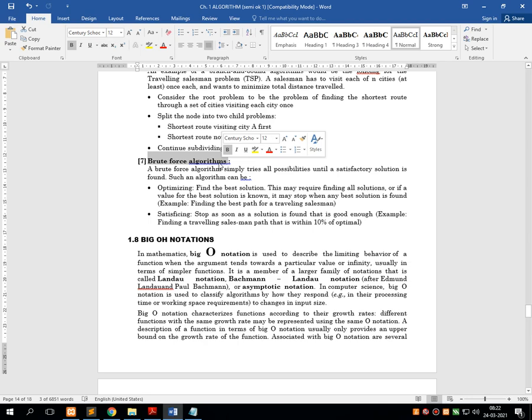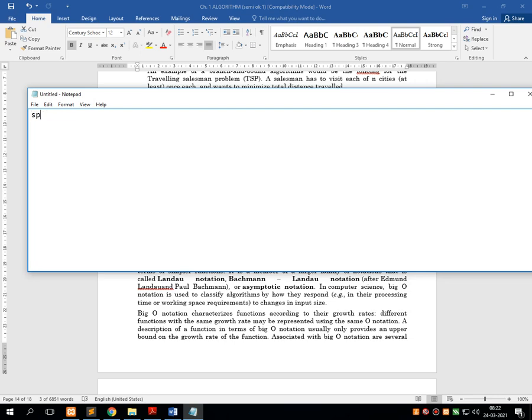Seventh type is very important, the brute force algorithm. This type of algorithm is called one type of special algorithm which is used for comparing all the possible combinations for searching a specific string from a bunch of strings.